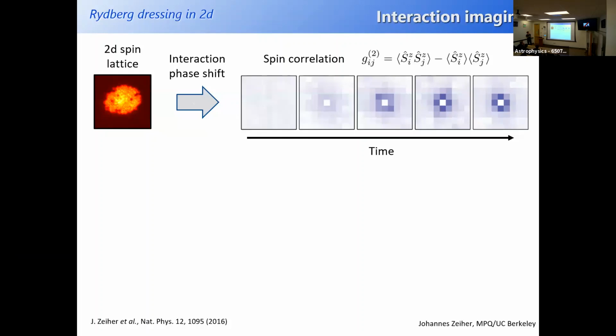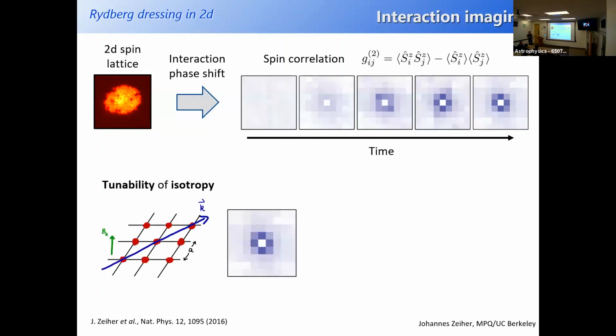It's kind of an interaction that acts over more than the nearest neighbor, and it's an interaction that we can also tune very easily. So in this case, the quantization axis using a magnetic field was chosen for the interaction to be symmetric, and changing the magnetic field direction from out of plane to in the plane, we can actually tune it from isotropic to anisotropic.